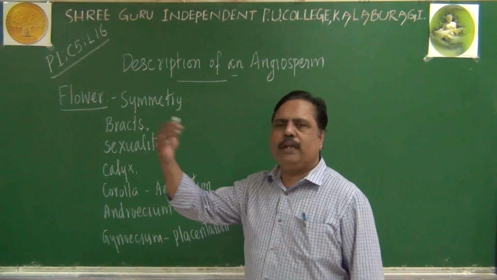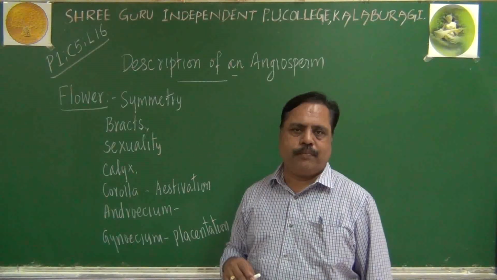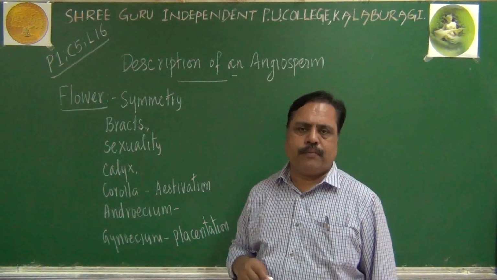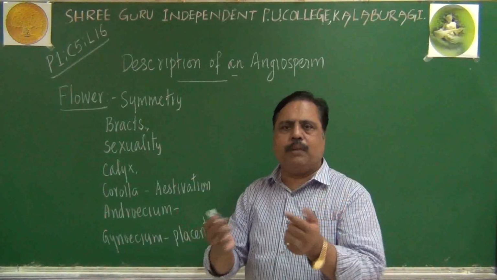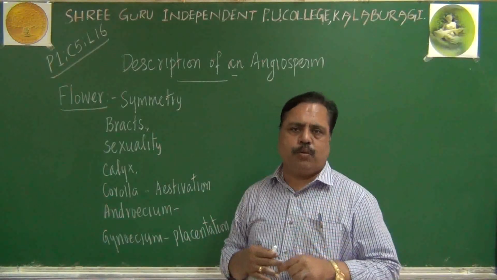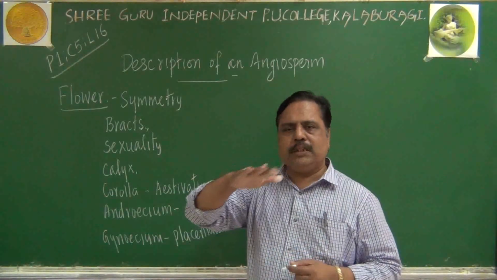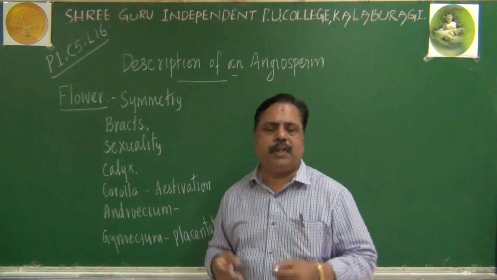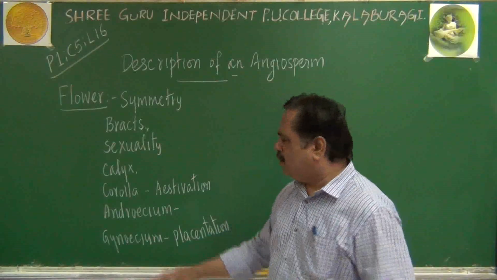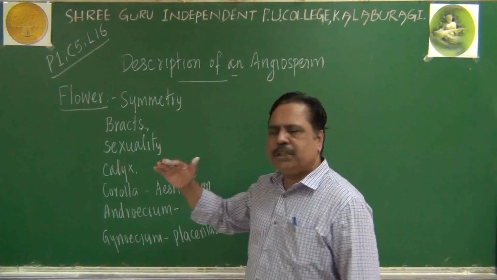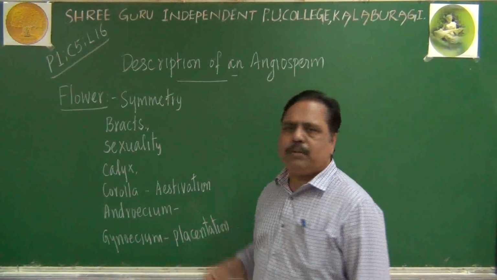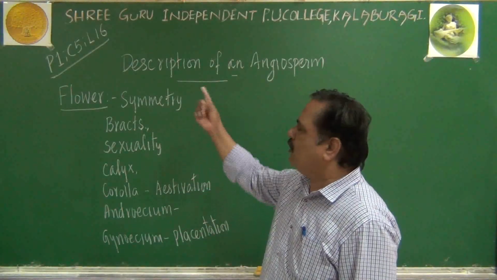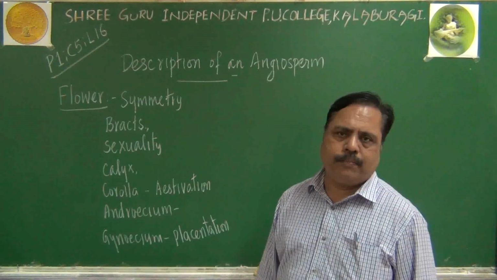So, superior ovary, hypogynous flower, where the thalamus will be dome-shaped, we have seen. When the thalamus becomes cup-shaped, it will become inferior ovary. When the thalamus is boat-shaped, otherwise flat, it will become a perigynous flower. Something like that. About that position of ovary, we can write some terminology. All these terminologies are used when we describe a flower here.